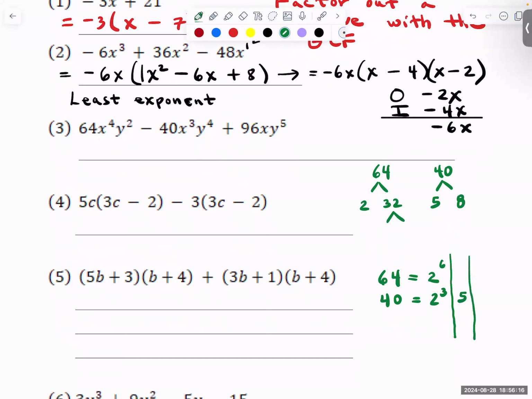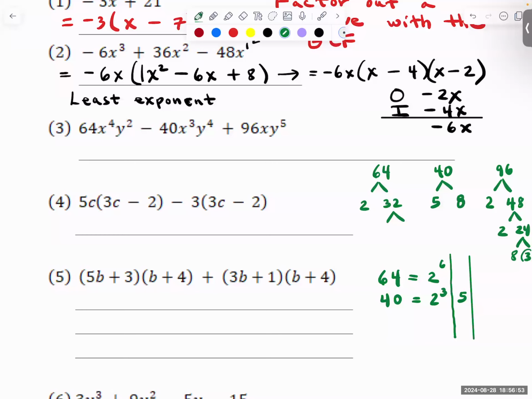And let's make another column here. And then we break down the 96. It's an even number, so it's 2 times 48. And 48 is 2 times 24, and so on. Keep going with the factor tree. Let's show the 24. That's 8 times 3. Now, 8 is 2 to the 3rd, and there's 2 other 2s, so it's going to be 2 to the 5th power